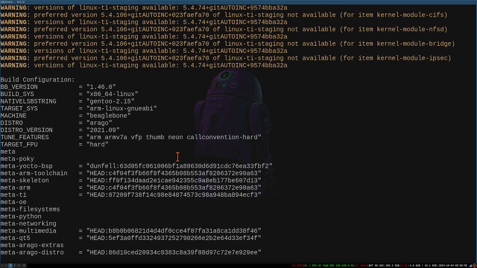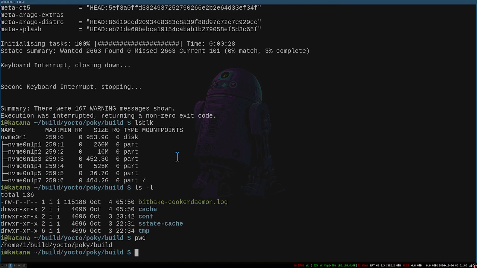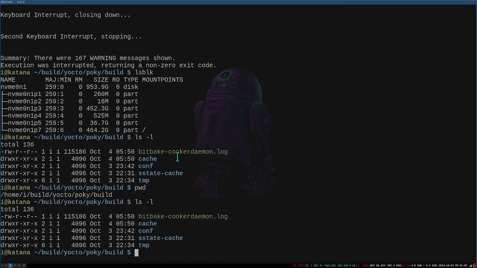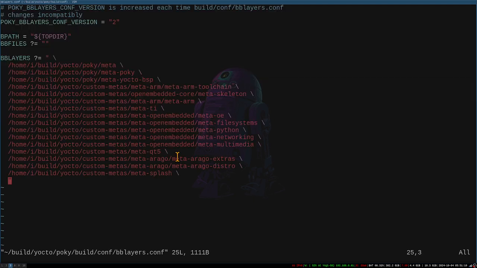So how does it know? Two files. So here, this is where we are, and this is what's in that file. And in that file, you can see there's a conf folder. Configuration, BB layers. This is where you specify all the meta layers you want. And here, these first three are default by Yocto. You need to have them. And then we get to our specific board and what that needs and entails. So skeletons first, toolchain of course,